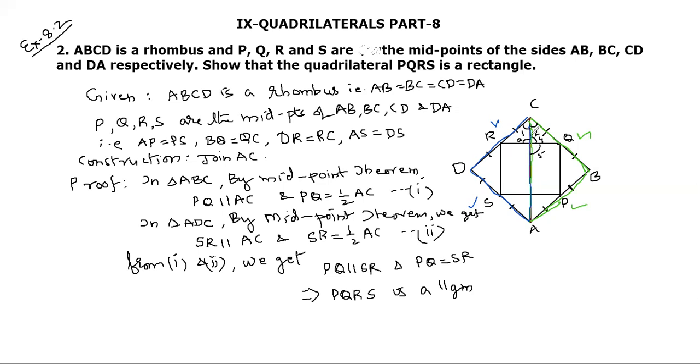And the point where AC intersects, this point is E and this is F. So what we will prove is that EQPF, or PQEF, is a rectangle. If one of the angles is 90 degrees, then one of the angles of PQRS is 90, then it will become a